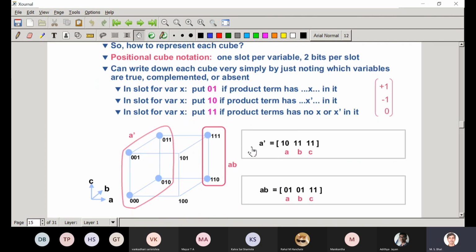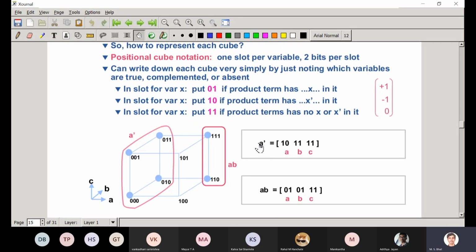Here is an example. Suppose my product term is just A bar. Then you have one slot per variable. So there are 3 variables: one slot for A, one for B, one for C. And each slot has 2 bits, 1, 0, 0, 1 or 1, 1.